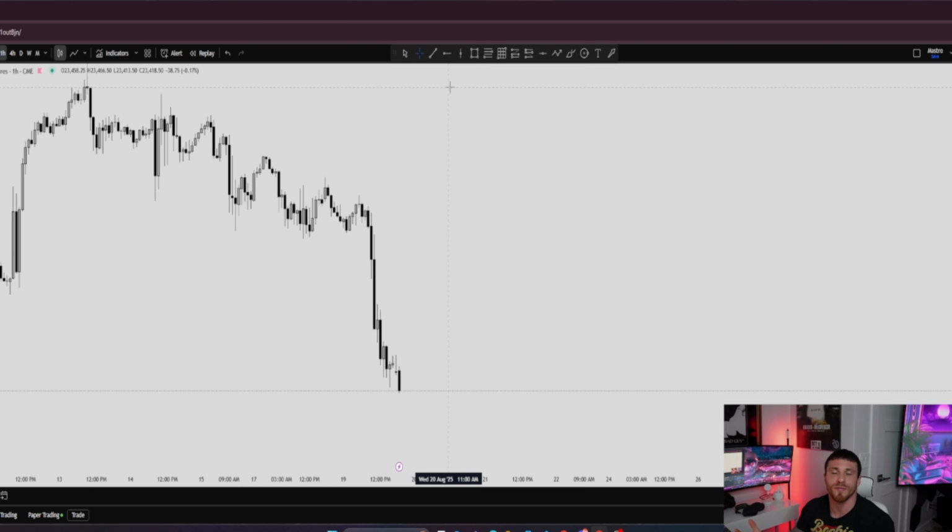We all have different risk, emotions, and psychology, all this stuff. That's something you have to go figure out and work on with yourself. But again, I'm going to show you where you can set your stop loss and your take profits to be able to hit good trades, not lose a lot more money than you want to,